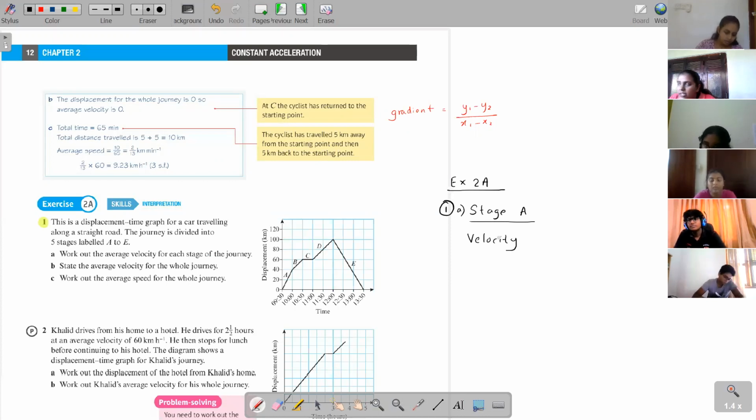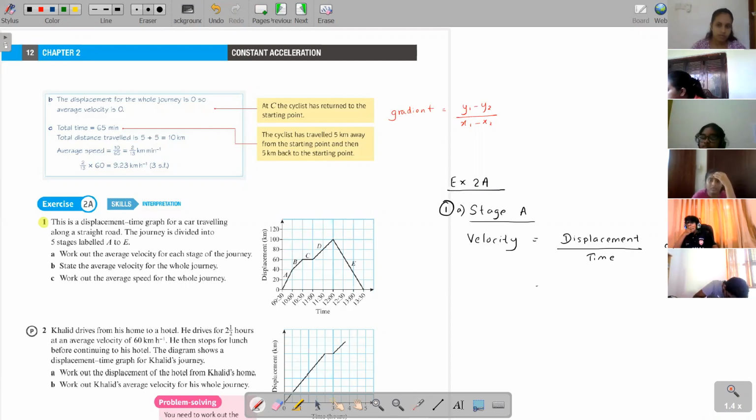So actually for velocity, we even have the equation, right? I think you may have heard of this equation in O levels: velocity equals displacement divided by time. Have you heard of this equation? You can use this equation, or you can use that velocity is the gradient. You may use any one of these two. I'll show you both. So if I use velocity as displacement over time,